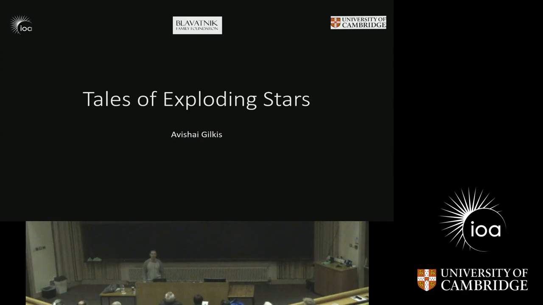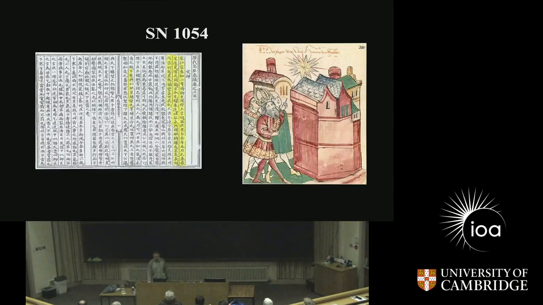People have been observing the night sky for millennia, and from ancient times they always noticed that some of the stars in the sky stay at the same place relative to each other, and we have the familiar constellations, and some stars wander, what was called wandering stars, and today we understand these as the planets of our solar system. And some stars appeared and then disappeared, and the Chinese astronomers called these guest stars.